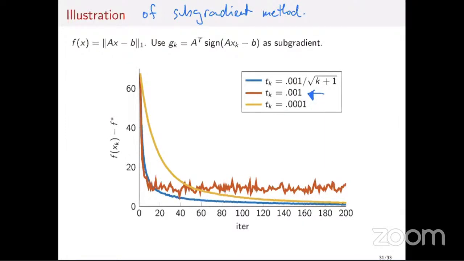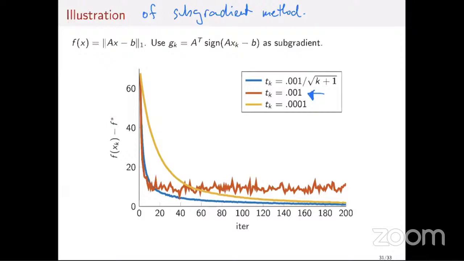But overall, you can see that the behavior of this method is fairly slow. Also, finding the right step sizes, I mean, this 0.001 and 0.001 and so on, requires a little bit of tuning for each of your problems. So it's not always very easy to set up, and it requires a little bit of trial and error to get the right step sizes and so on.